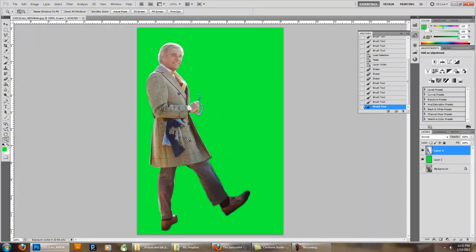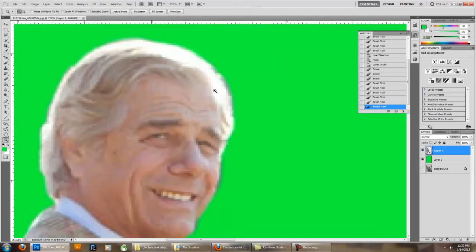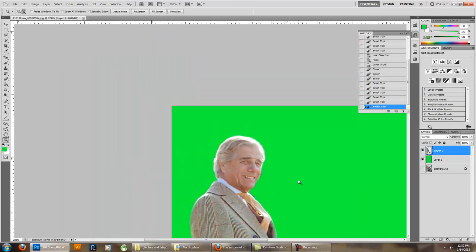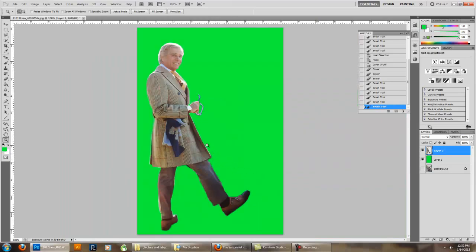So, I've got this object, and, again, the green helps me see. I could go in with the eraser, and I could really subtract, get, excuse me, get really clean in there. But what I'm going to do, and again, this is a technique that helps you kind of clean the edges up. It also helps you when you're putting it on the background to make it kind of blend in better. So I've got the layer selected, and I hold down Control and click the thumbnail. And it's going to give me the outline, which is what we've